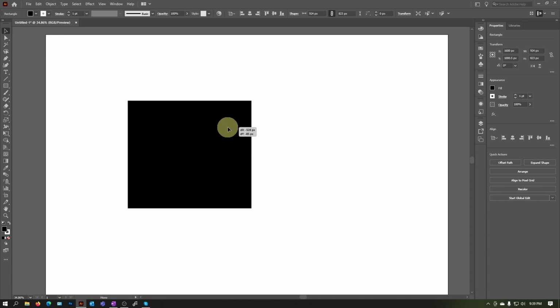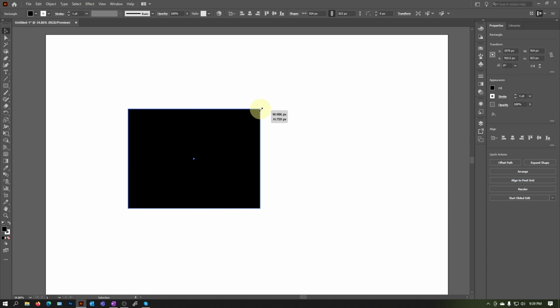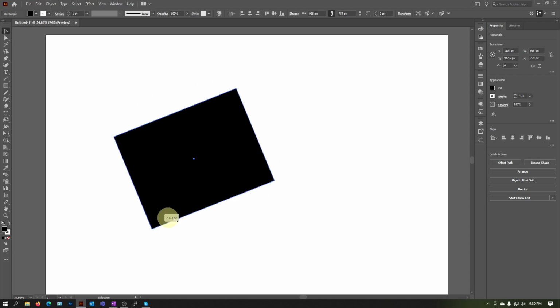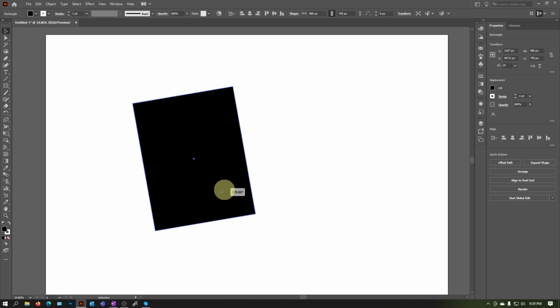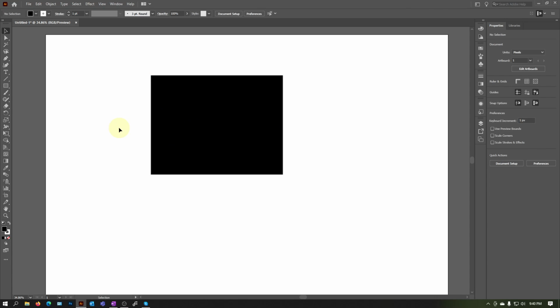You can also adjust the size of the element, and rotate it by dragging your cursor outside here. Notice that it changes to this pointy-looking thing, and then you can rotate it around. So this is what the selection tool is, and it is used to select a bigger group, a big parent object, I'll say. Whereas the direct selection tool selects things that make up this shape right